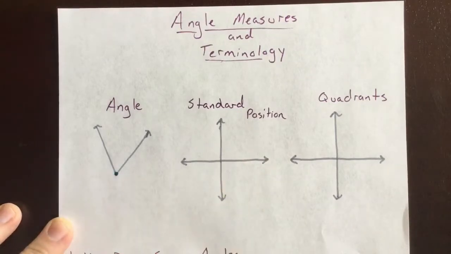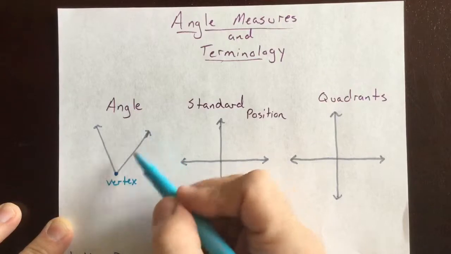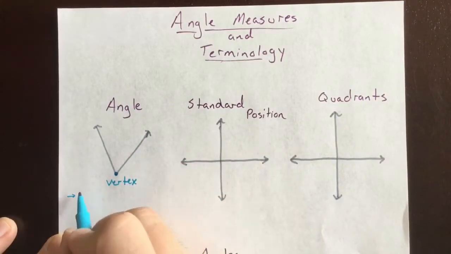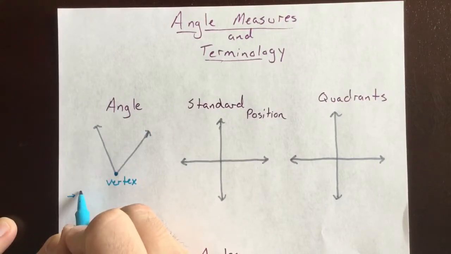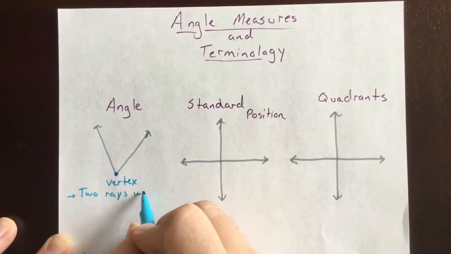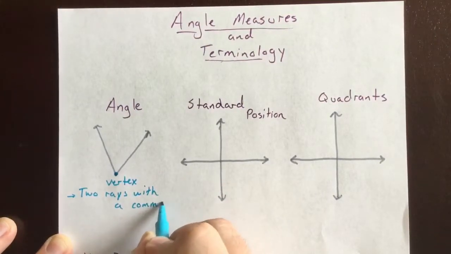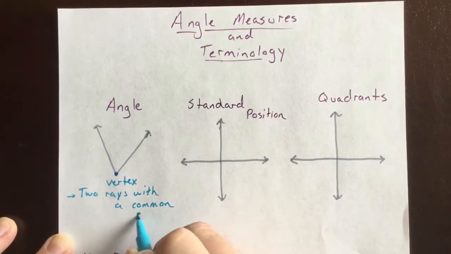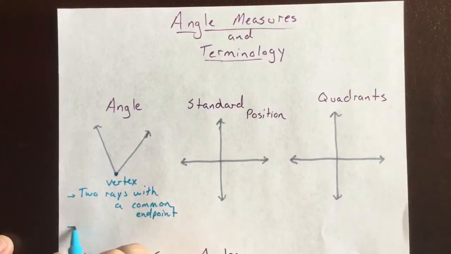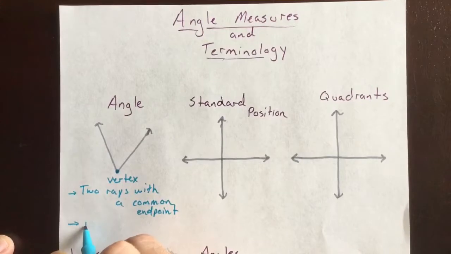So this point we call a vertex. This is the endpoint of the two rays. So writing this down, an angle is often said to be two rays with a common endpoint. And that is still true, but why not think of angle measures as a measure